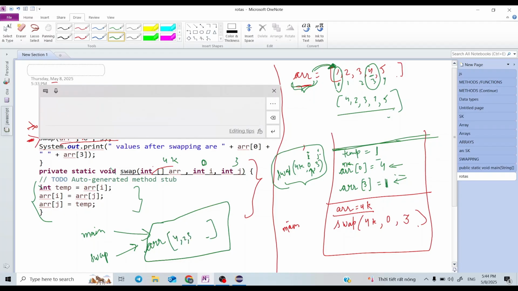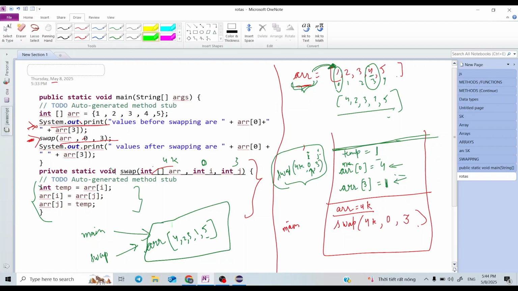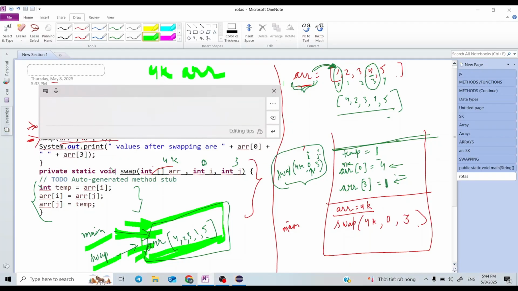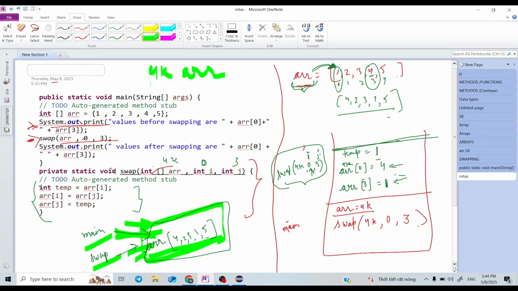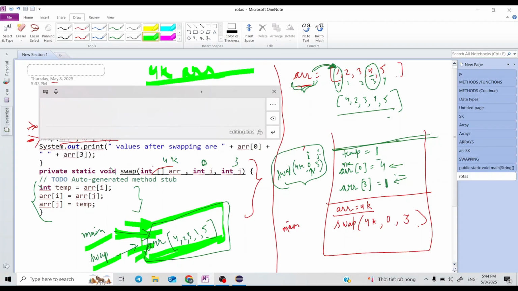That 4, 2, 3, 1, 5 will be reflected in both main and swap, because we have one arr shared by both. No matter in what function frame it is, both are making changes to the same array arr. Because at the 4k location there is only one arr, both are making changes to the array at that location.